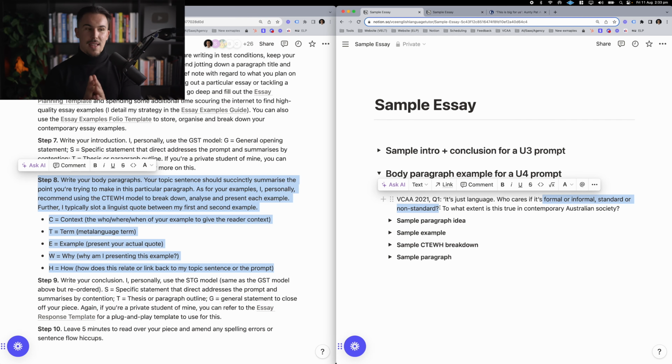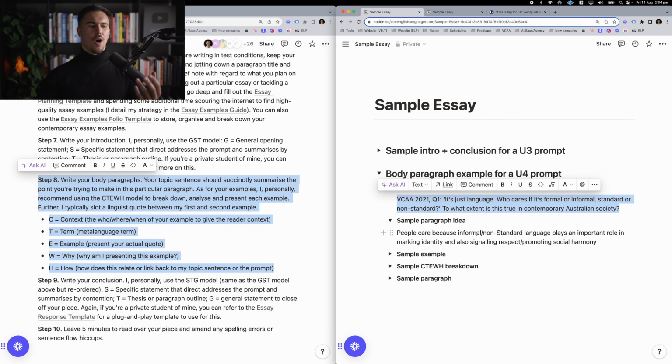So notice then that this almost is testing that theme of pros and cons of formal and informal, standard and non-standard. So again, that's a key skill that you'll get practice at, is identifying the theme behind the wording in the prompt, because VCAA can sometimes throw you off a little bit with the way that they word things. But here, one of my paragraphs would definitely be focused on the perks of